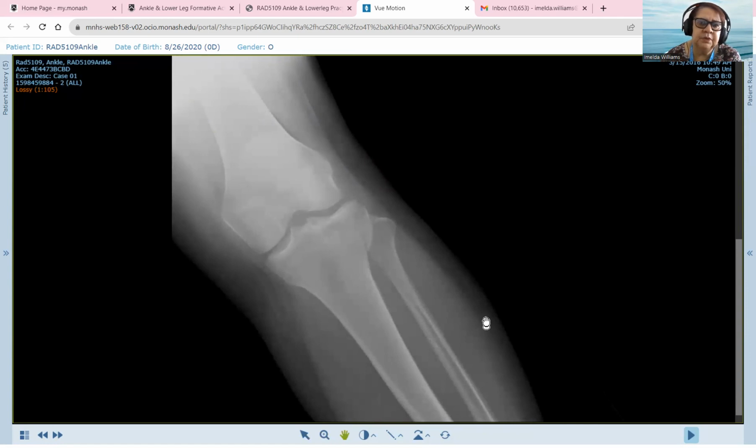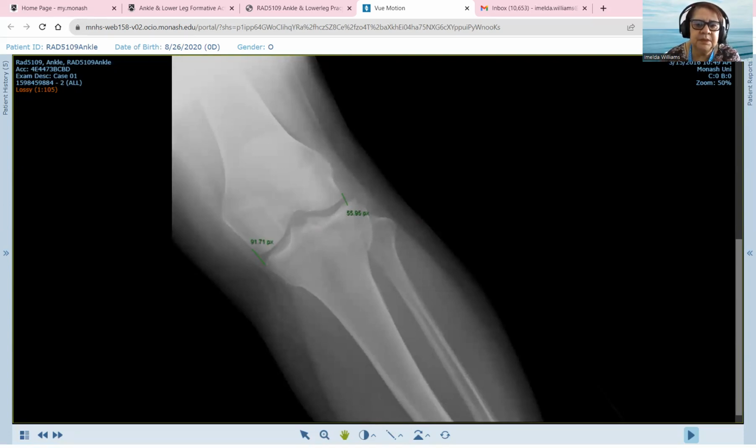First thing that we should do is to check for alignment. So when we use our ruler, we're able to see that on the medial side, the femoral and tibial condyles line up. Over on the lateral side, when we draw our lines, we can see that there is a substantial amount of the tibial plateau that's been pushed outwards, and that indicates that there is depression or compression of the lateral tibial